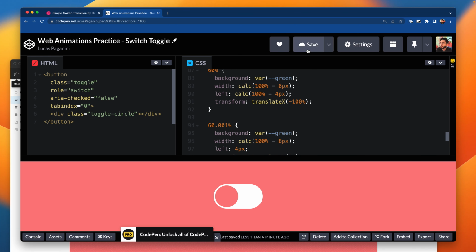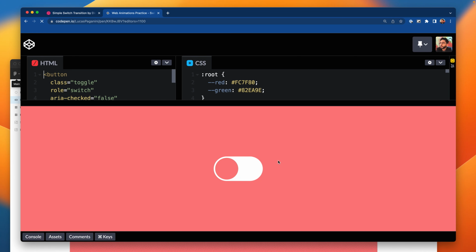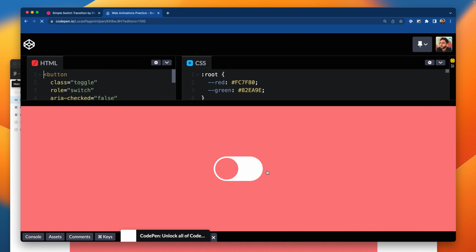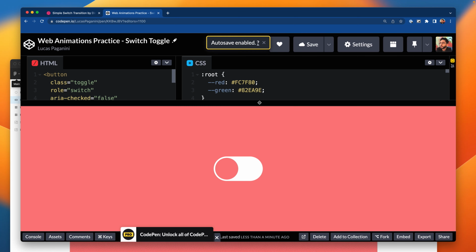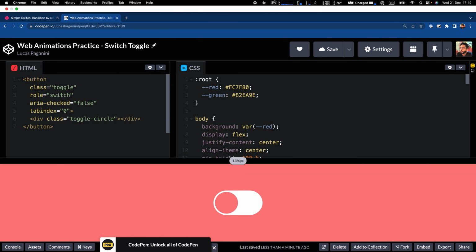One thing that we could do here to improve this even further is I'm gonna reload the page and you're gonna notice a bug here. So reload. Notice that? I'm gonna do it again. So reload the page. It runs the animation in the beginning. And why is it doing that? It's doing that because